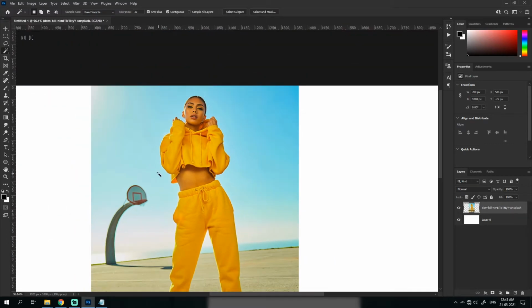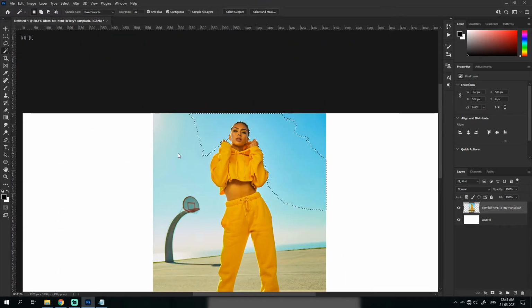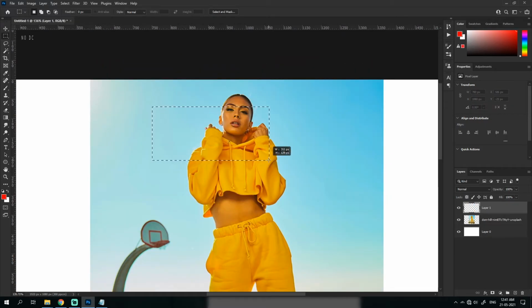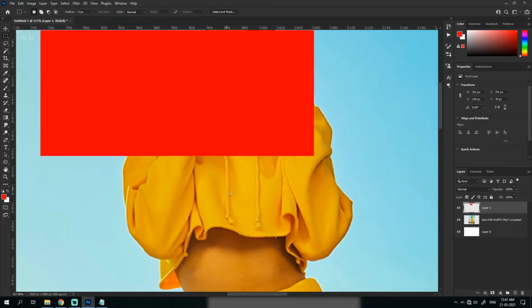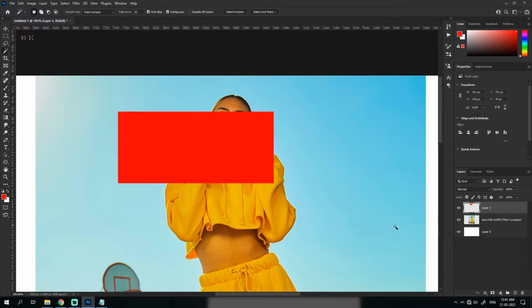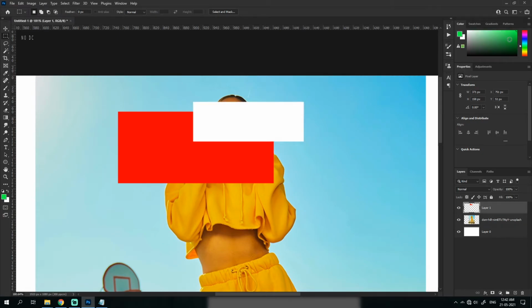Next thing, we'll see the magic wand tool. In the magic wand tool, you just left click and it selects the same color, not the same subject. For example, I'll create a static color. What I mean is there are different shades of yellow in it, so it makes it harder for it to select. Let's select this layer, and it makes it harder for it to understand which is the different shade. But I've created a red color on this one. I'll create a white one on this one, and then I'll create a green one, something like this.